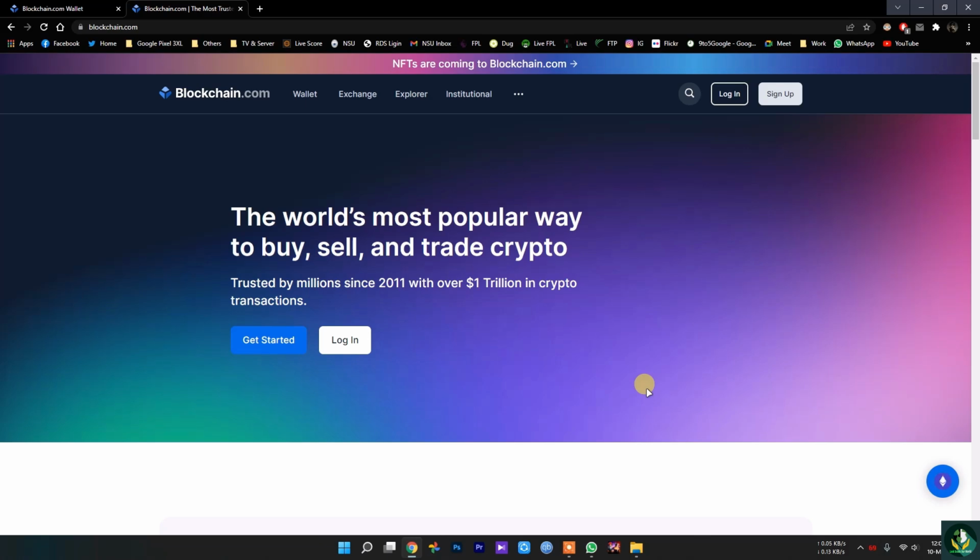It is, I think, one of the best alternatives that you can get, and in fact it is one of my personal favorites, but I don't use the online service. I like to use the desktop one, but that doesn't have to apply to you. You can use whatever you are comfortable with. So blockchain.com is the world on which open for business. That's the basic tagline, and it's going to easily give you a bit of information about themselves.